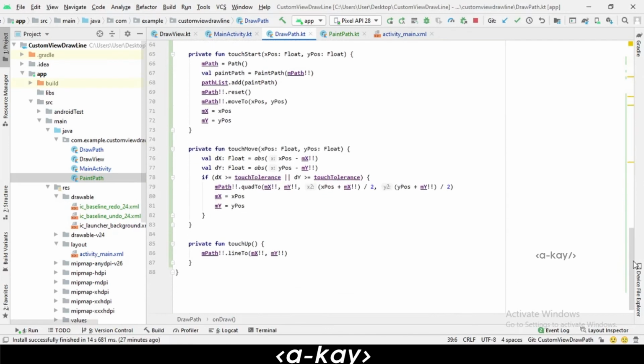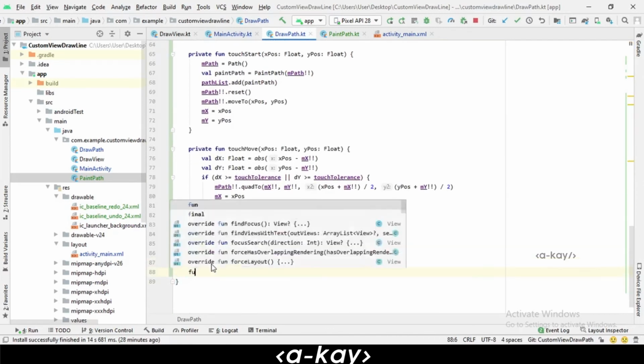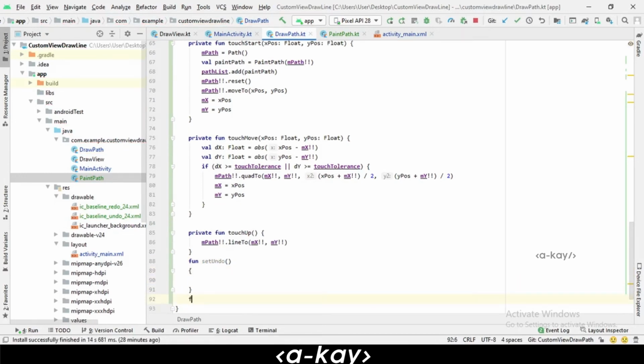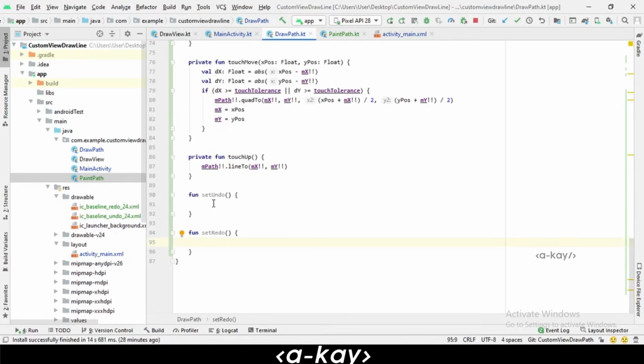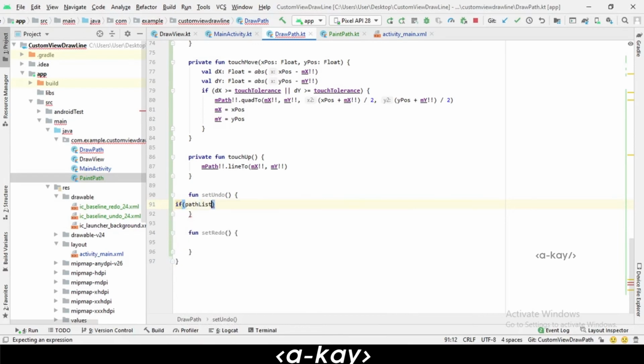Okay, here we are going to create two functions. One is for set undo and another one is for set redo. Here we are going to check only if path list is already filled, means only we have to undo.